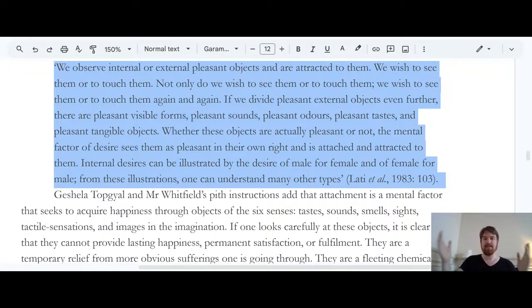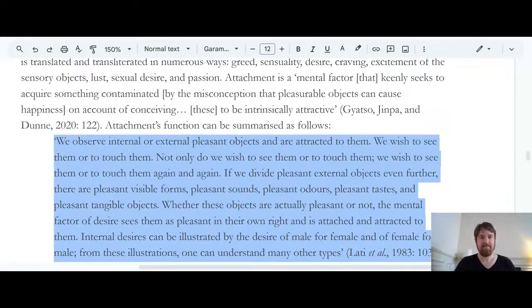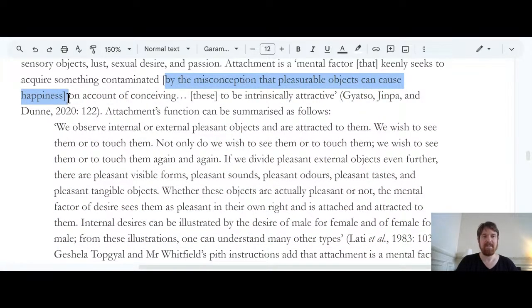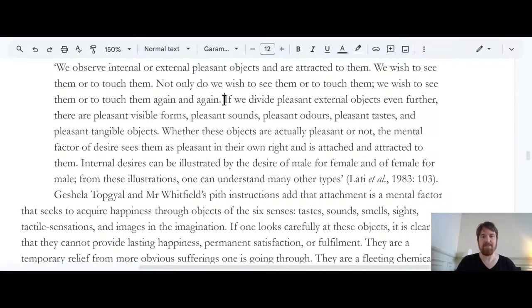So you find a nice TV show on Netflix you like, and then you want to watch more and more and more episodes, even after you stop enjoying it and you stop getting the pleasure you thought should be there. You still carry on watching it for some reason. And this is because your mind has exaggerated the benefits that you can get from the TV show, so that even when the pleasure goes away, your mind is still very busy exaggerating. Oh yes, if I just keep watching it, I'll get that happiness, that pleasure, again and again, as long as I can be close to the object, as long as I can continue consuming